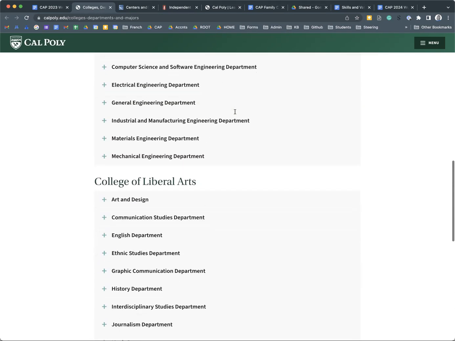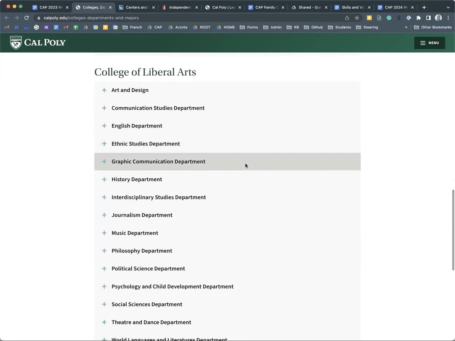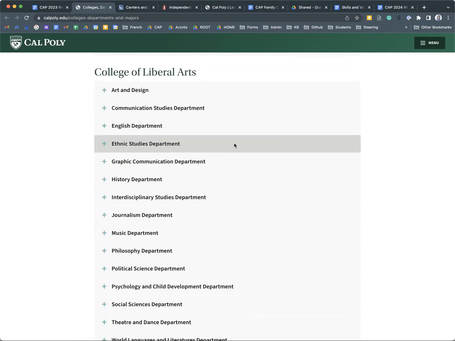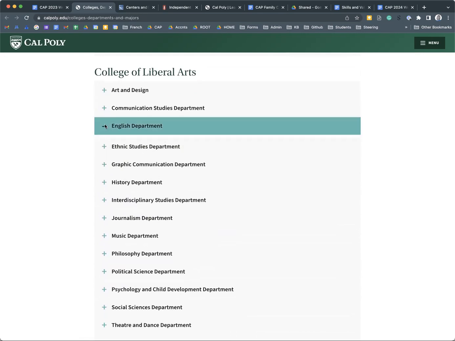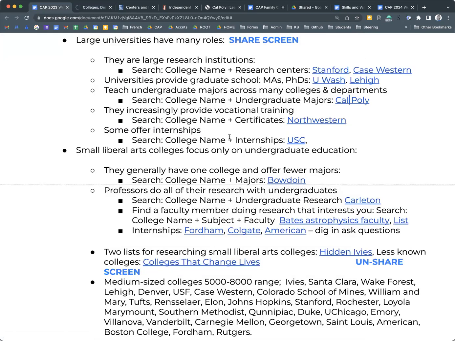Does the college, so like College of Liberal Arts, let's say that you want to be a creative writing major. Well, they don't have a creative writing department, but maybe it's in their English department. So you would poke in the English department and start taking a look. And one of the things that you would be looking for is, do they have creative writing courses? Do they have creative writing faculty? Those would be part of your search to make sure that they have what you want. You're going there to study, so do they have what you want to study?